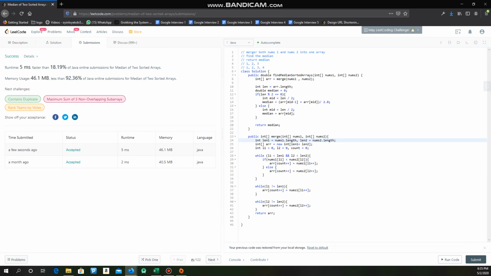And if you go through this, all we're doing here is we call our merge method, which helps us to merge nums1 and nums2 into a new array. We find the middle element, and if it's even, we have to consider